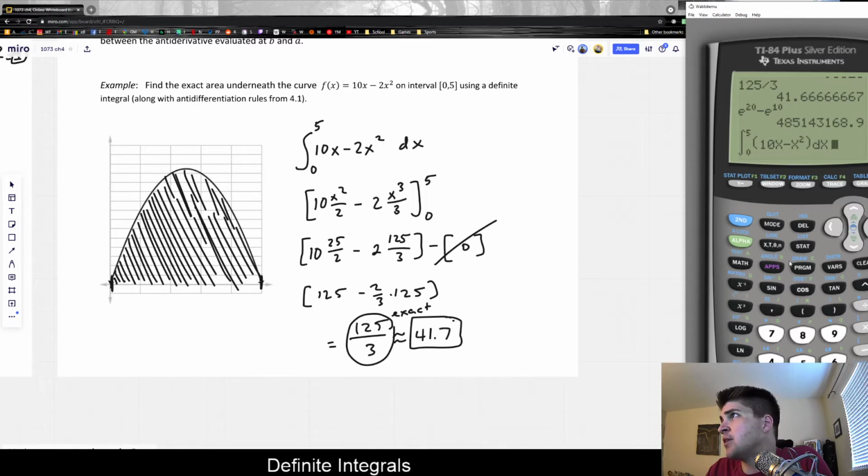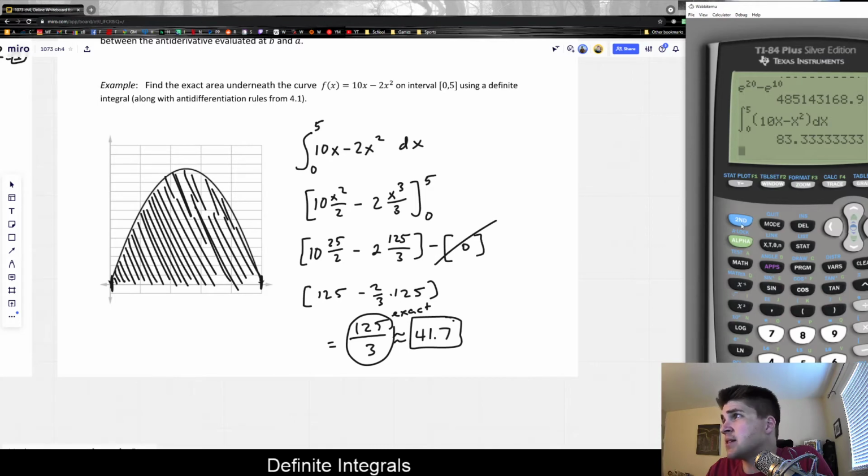We could do so. And you just need to fill in the gap. So plug in your function on the inside, tell it what with respect to what we're integrating, and then obviously the boundaries of integration, a and b. And then once we get all that in there, we can evaluate, and it gives us 83.3, which is not